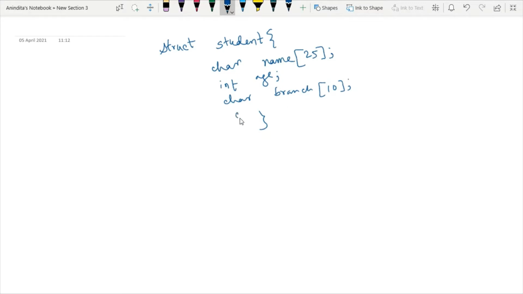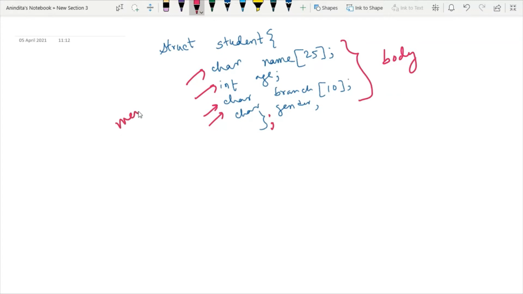And then also I can write the gender of the student, right? And the structure should end with a semicolon. So this is the basic definition of a structure, and this part is known as the body of the structure, and all these variables are also known as member variables of a structure.